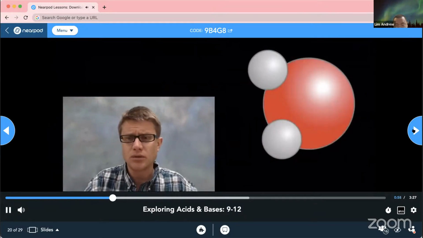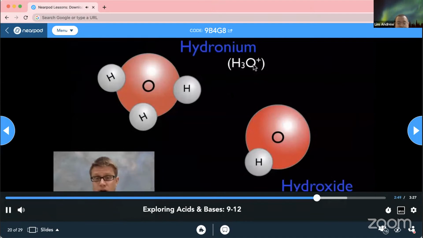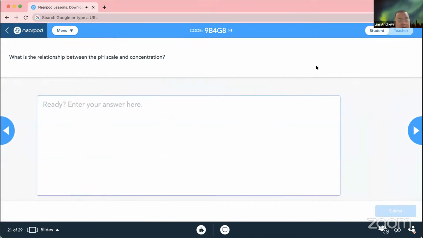But what is pH? Well, we've got to start by talking about water. And so this is a water molecule. Remember, we're going to have hydrogen negative and we have an H3O and it's going to have a positive charge. What are we left with over here? This is a hydroxide ion. And so what is pH a measure of? Well, the pH.